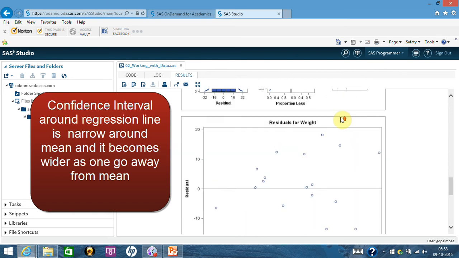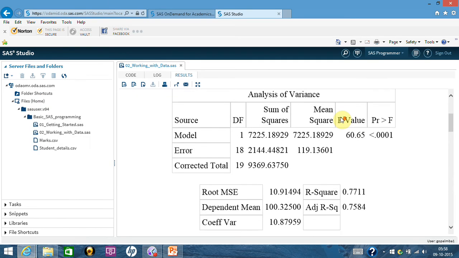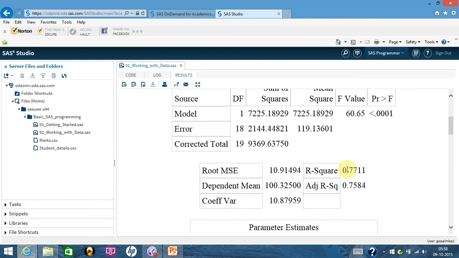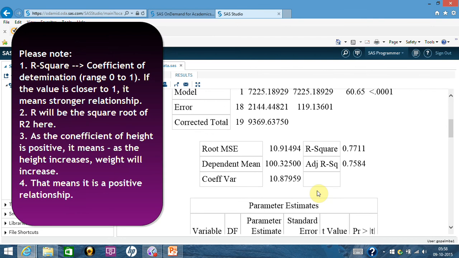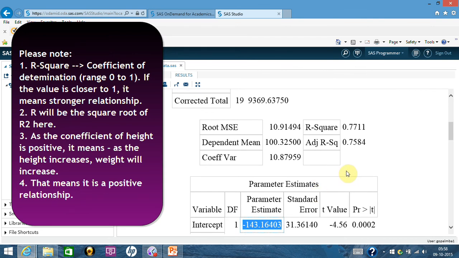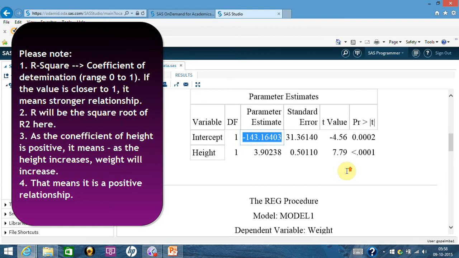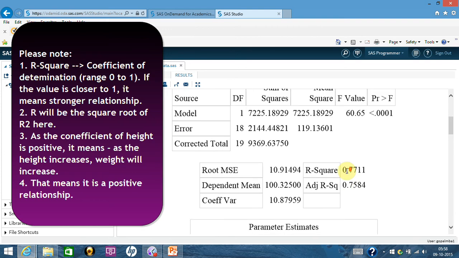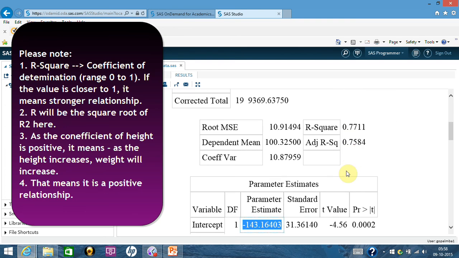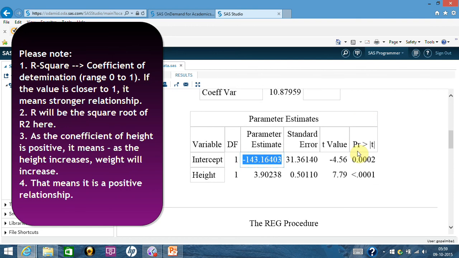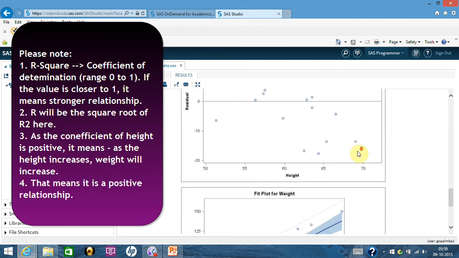So it has given you all those things, and the complete model, the R square. Here it has given you R square. R also it has given you, it is positive. So this is R square and it has given you R. Let me show you where you get the R. It actually produces R. I'm just struggling to find where it is. The relationship is positive. You can't actually make that out from R square. You have to take a look at the R value.